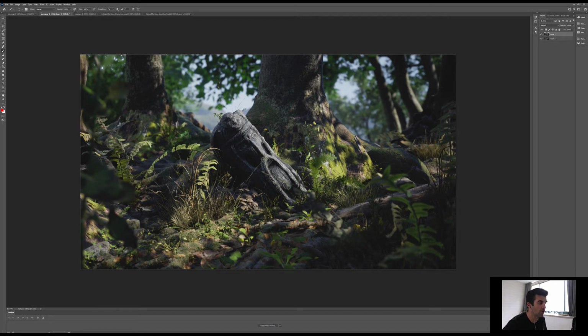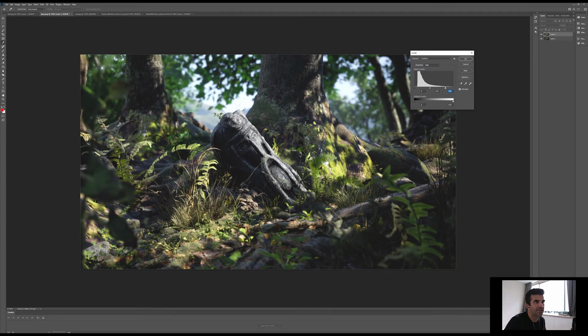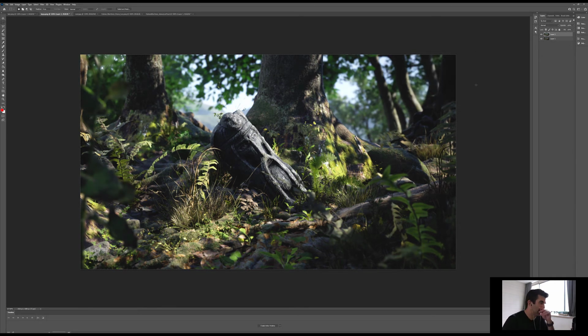So let's go ahead and take this up. What I think you could do is, let's start overall. Overall, I think the brights can go a little bit brighter. And you see how these darks just kind of dropped off here? I think we can push those darks just a touch. And then we can push up that contrast a little bit. Additionally, what we can do is